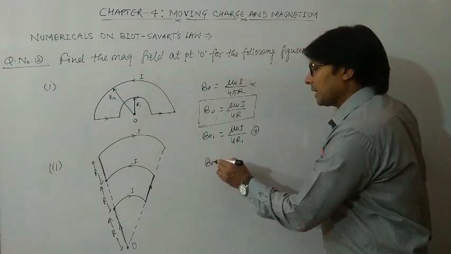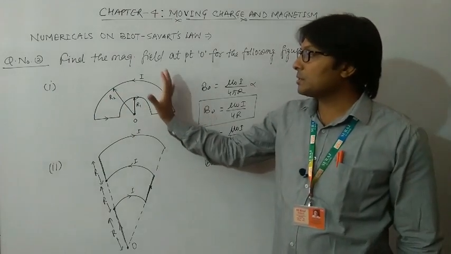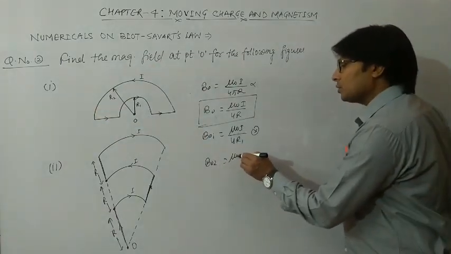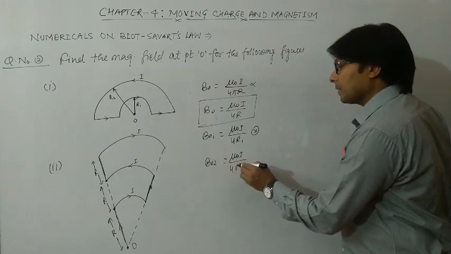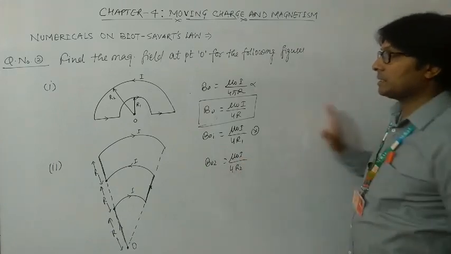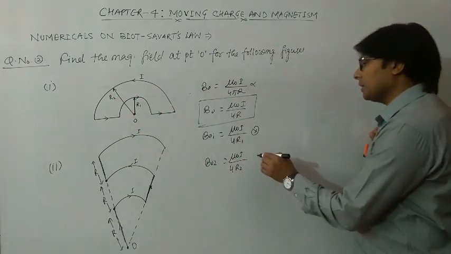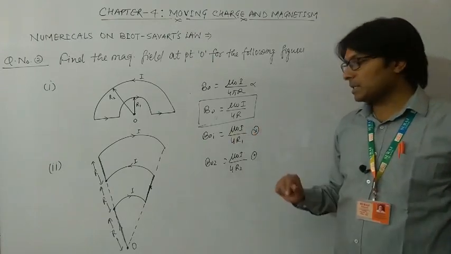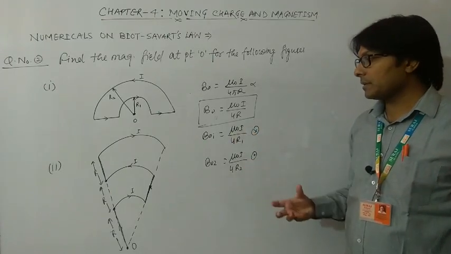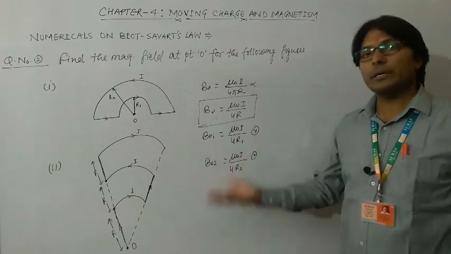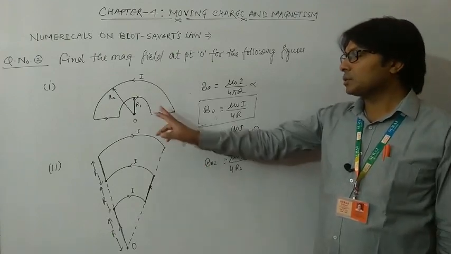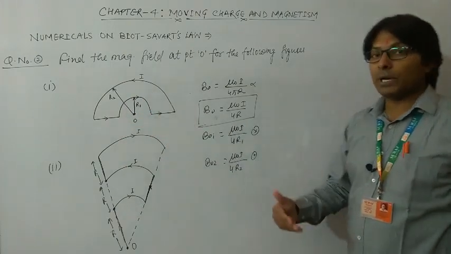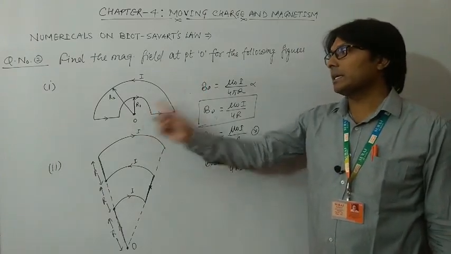The magnetic field at point O due to this semicircular loop, the outer or bigger loop, will be mu 0 I, the current is the same, upon 4 r2, and the direction using the right hand thumb rule will be perpendicularly outward. So which one is greater? I is the same, mu 0 is the same, but the radius is different. Whichever has the smaller radius will have the stronger magnetic field. So definitely the inner or smaller loop will produce more magnetic field at the center O.